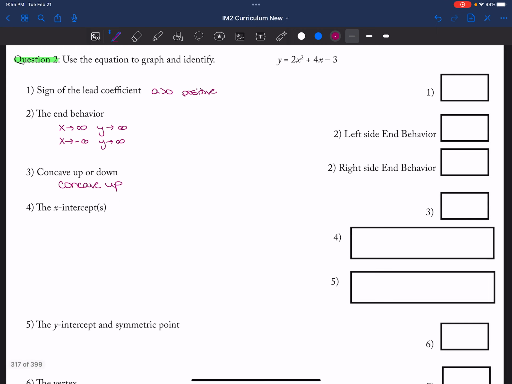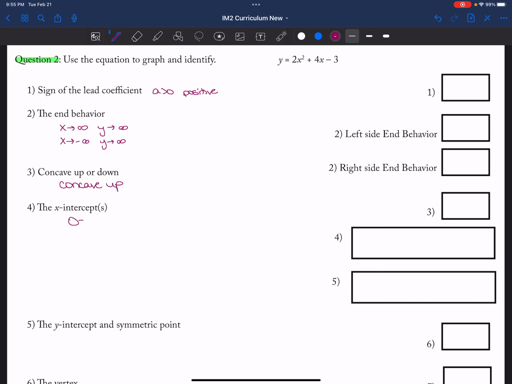Okay, my x-intercepts would be to set this equal to 0. I don't think this factors. It's going to make me sad, I think. So negative 6 on the bottom, 4 on the top. Yeah, that's a big no. Okay, so quadratic formula, x is equal to negative 4 plus or minus the square root of 4 squared minus 4 times a times c